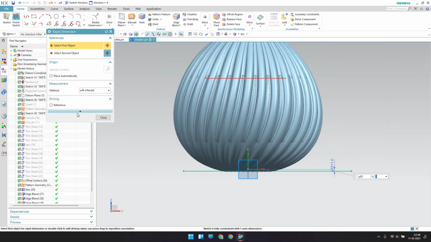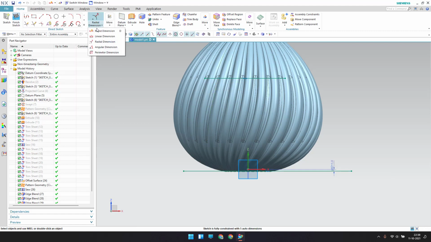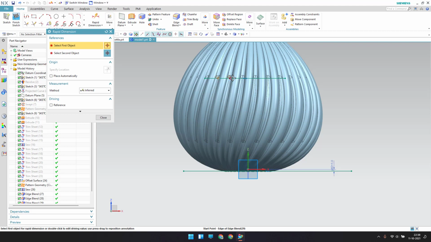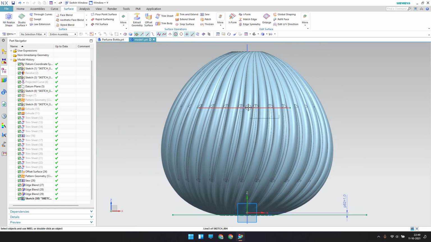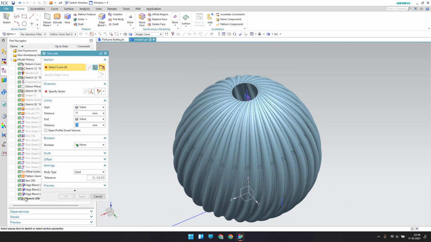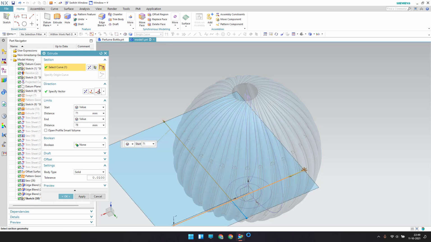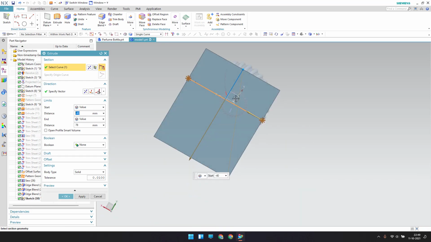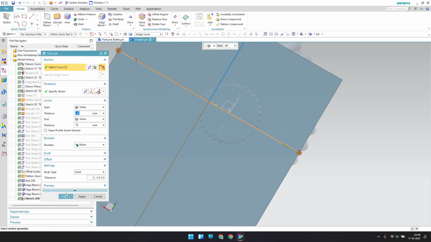And now the dimension here with this, sorry guys, so let me go to dimension, rapid dimensions. With this point to this line, so I think we don't want this, so let me delete this and I'll just finish the sketch. And now let me extrude this sketch. It should be extruded in such a way that it crosses this body. So let me click OK.